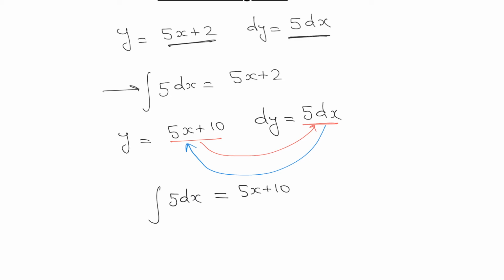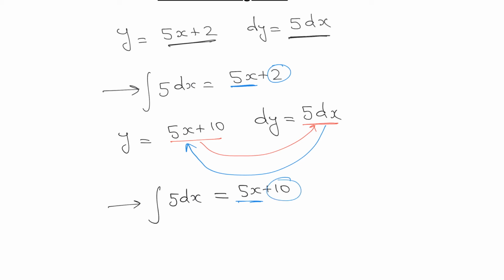But here you can observe that we are integrating the same term, so it is not possible to get two different answers. If you integrate 5 dx, in one situation you get 5x plus 2 and in another you get 5x plus 10, which is not possible. Actually in the case of indefinite integration, we can calculate the value of 5x, and we'll discuss how we get it, but we will not be able to identify the value of these constants. While integrating 5 dx, we will not be able to identify the value of 2 or the value of 10.